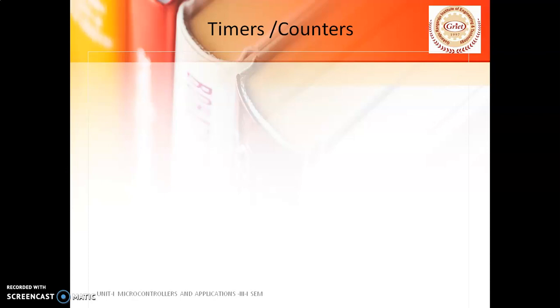Here, let's see how the timers are going to work. Timers are going to work as a normal clock. If we take a normal clock, how is it going to give a time? It is going to give a time which is counting in terms of seconds, like 1 minute equals 60 seconds. Coming to our microcontroller, in the microcontroller we have one of the peripherals called a timer, and the timer is going to count the clock pulses.